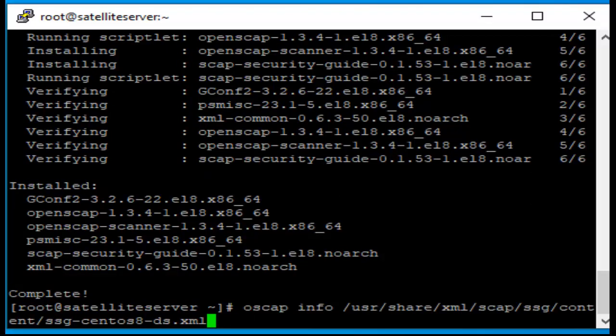I just check the information using this command. Press enter.